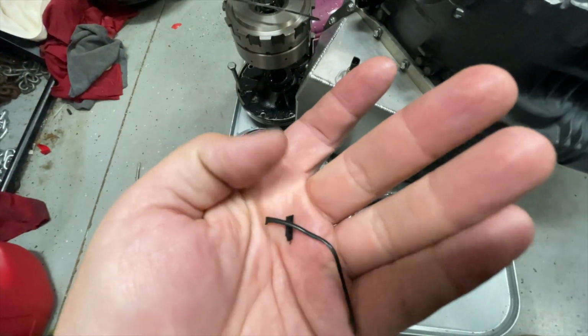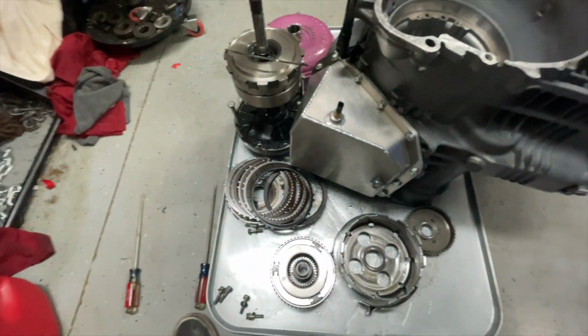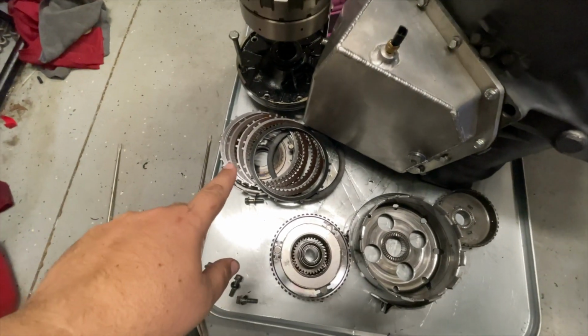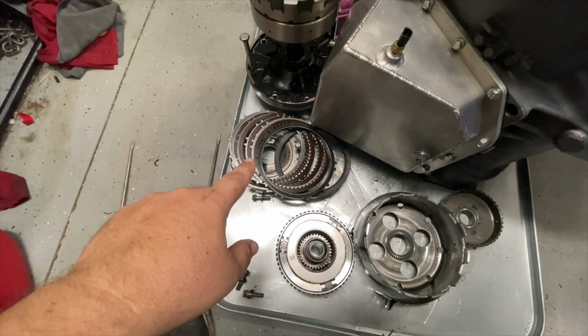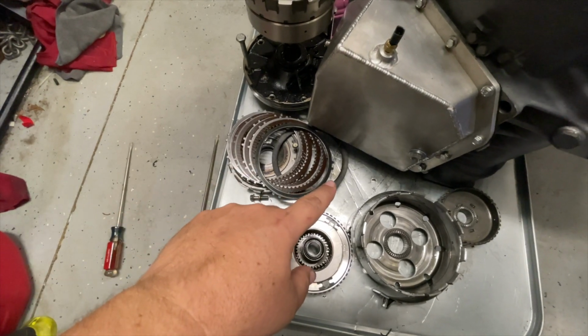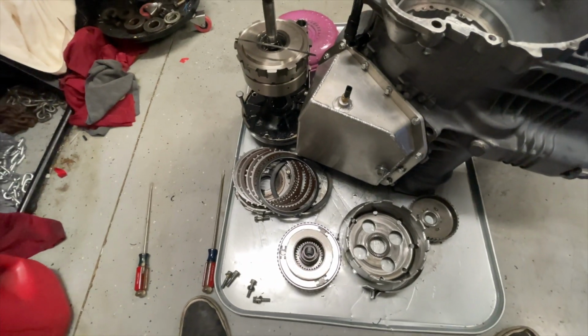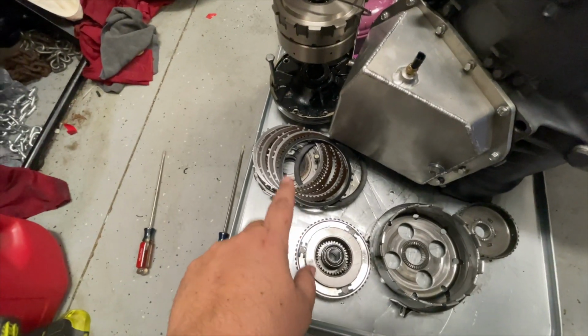Found these pieces of the seal. So anyway, what I have to do now is grab a couple of steels out of one of my parts transmissions and a new one of these washers right here, because that's damaged. And rather than replace the seal